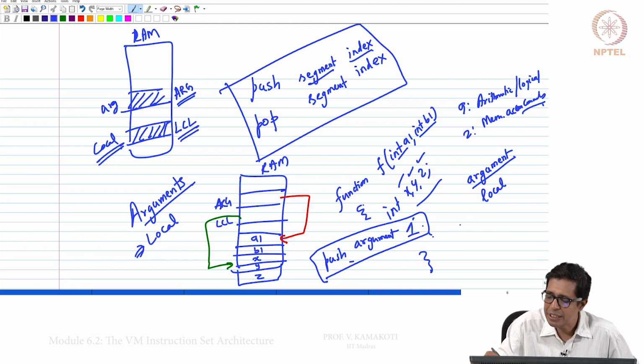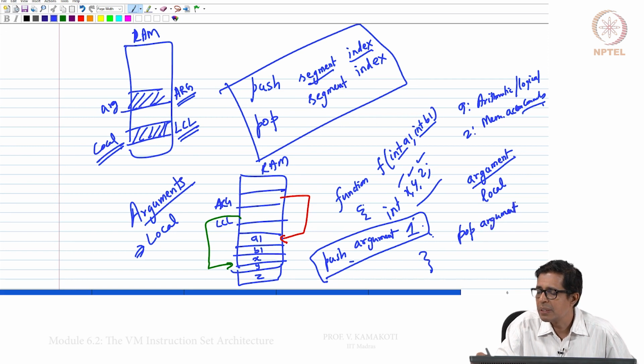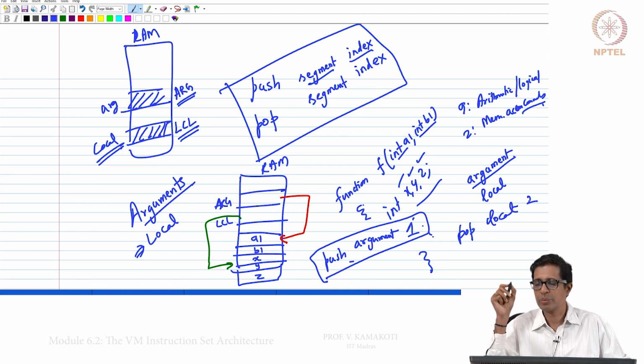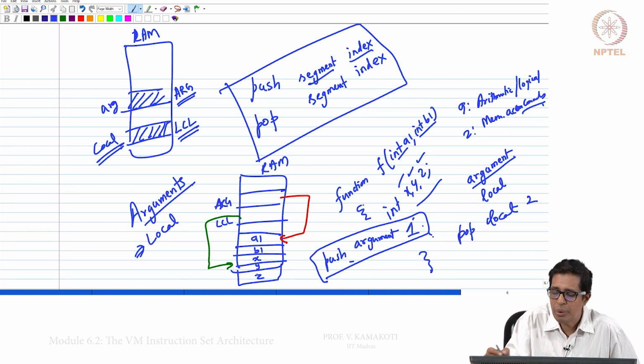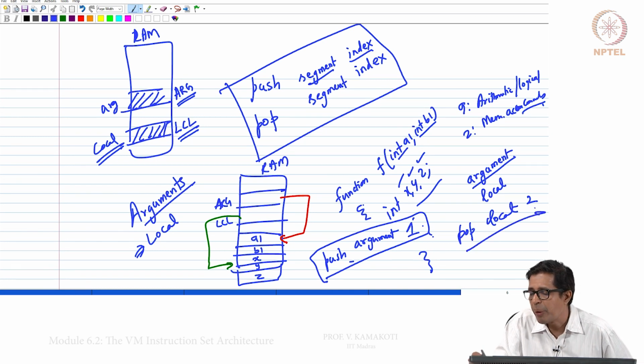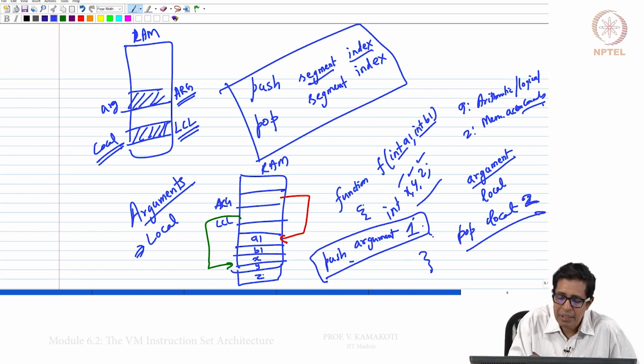Similarly, now I can go and say pop argument, or let us say pop local 2. So this will go to local, and with plus 2 it will go to Z. Whatever is on the top of the stack, suppose the stack is somewhere inside the RAM, and the top of the stack stores 5000.